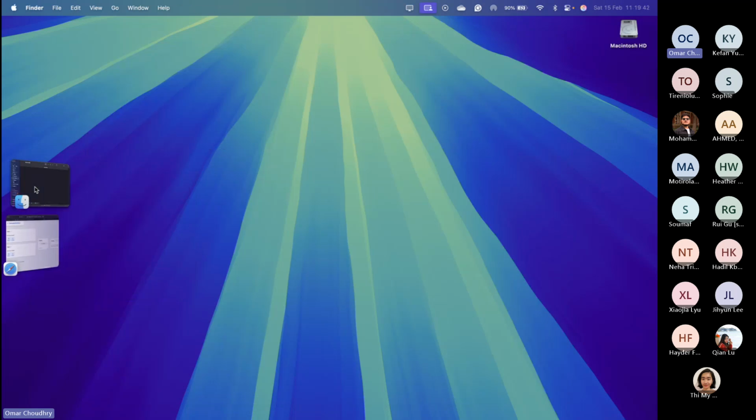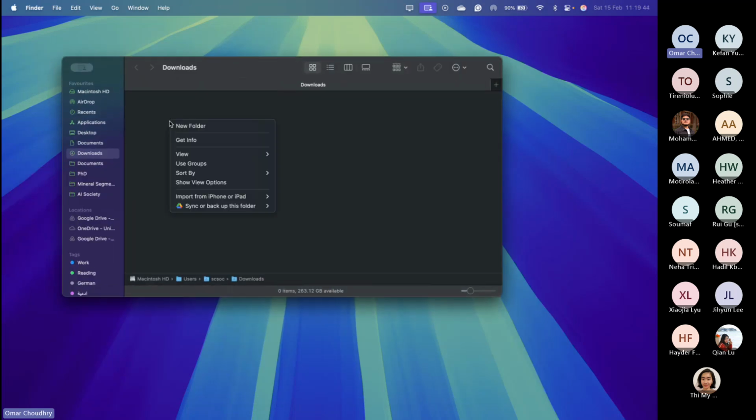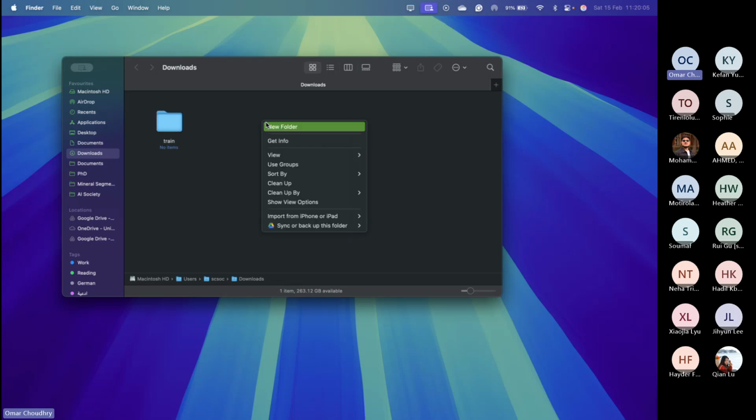The next thing that we want to do is, somewhere on our computer, make some folders. The first folder that we'll create will be called train. This folder will contain images that we are going to give to the model, and it will learn from whatever images we've given it in this folder. And we'll have another folder called test, and this will just be there for later. We want to test our model to see how well it would work on other kinds of data.